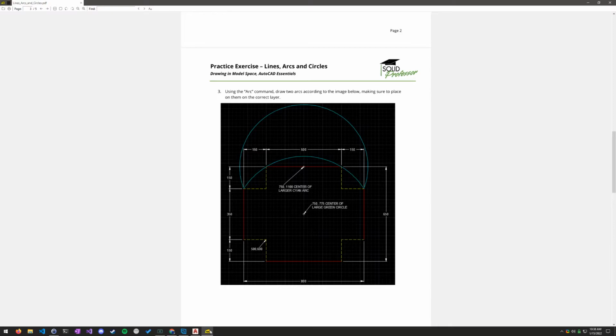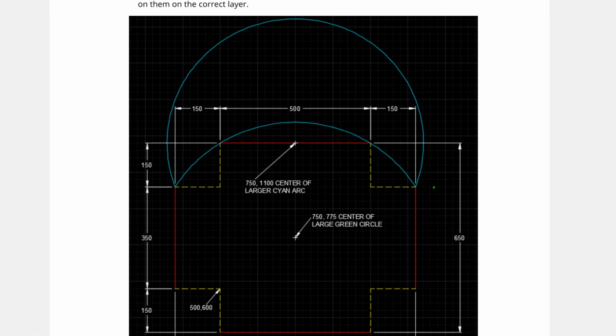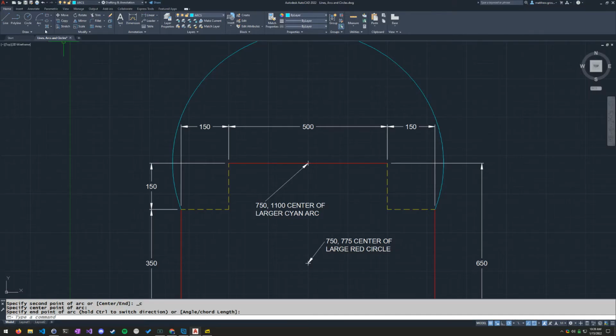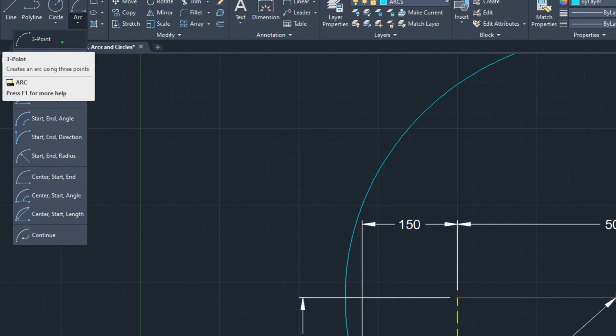Now the smaller arc, we said, starts and ends in the same place, but it also touches the endpoints here of this red line. So how do we do that? Well, that's going to be the 3-point arc tool. Because as long as you know 3 points where your arc is going to touch, you've got an arc. Mathematically, every other part of the arc has to fall in the correct place, as long as you know at